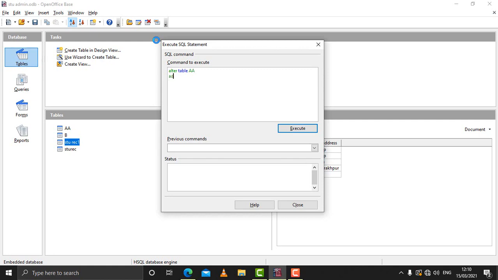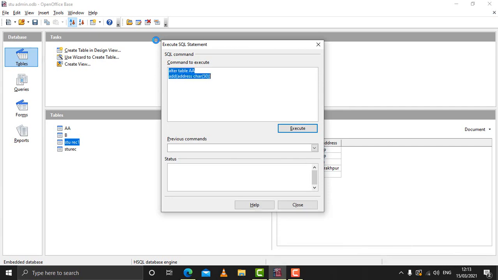So you will write add, and then the field name and data type. Say for example field name is address, and data type is character, 50 characters long. So this is how you can add columns. So a new column address will be added in the table AA when this SQL command will be used.